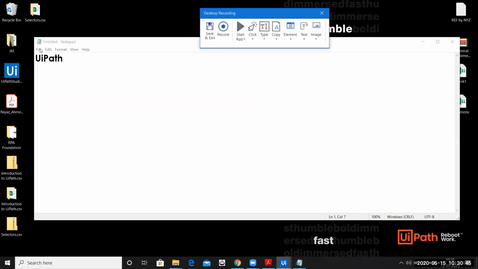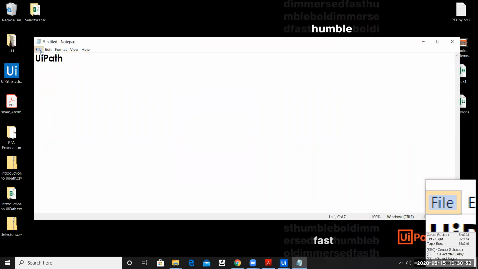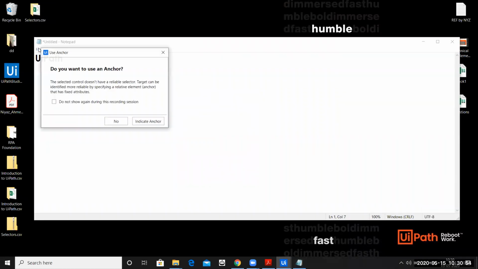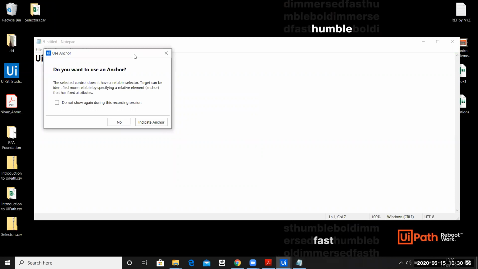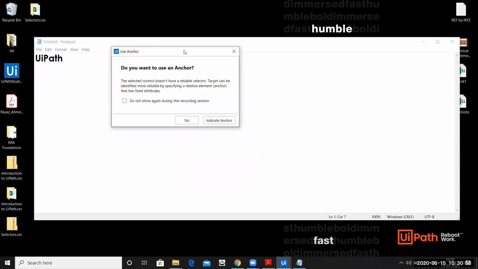Now the next thing is clicking on file and then clicking on save as. So we have a click activity here. I'll click on file. Do you want to anchor it? Let me repeat, what does anchoring mean?